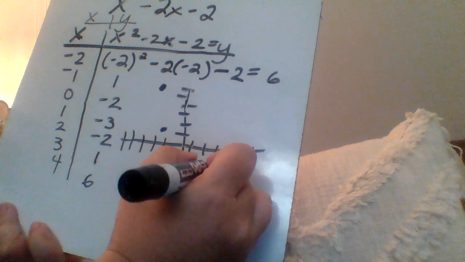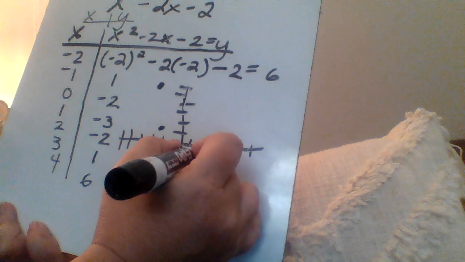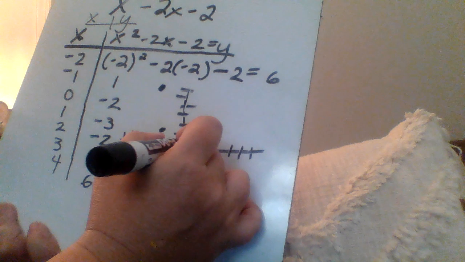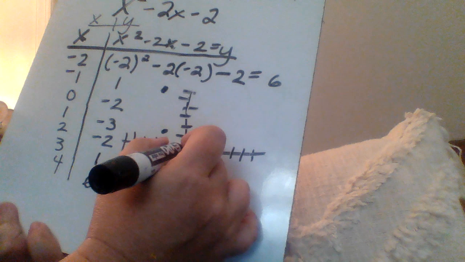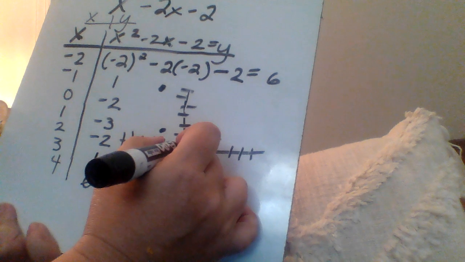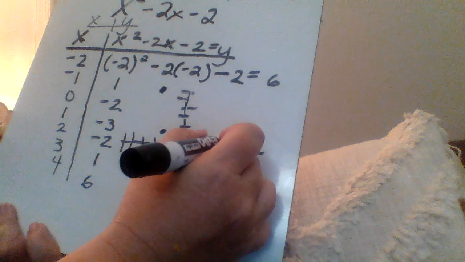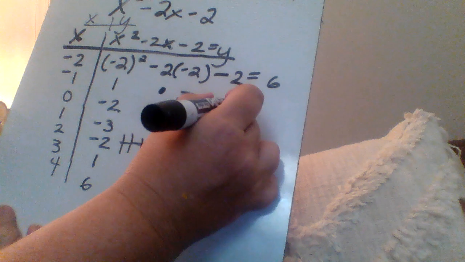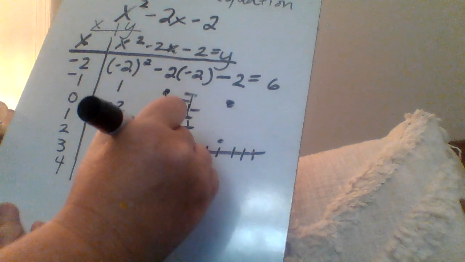And then we're going to have 3 and 1. So 1, 2, 3, up 1. And then finally, we're going to have our last point of 4 and 6. 1, 2, 3, 4, and up 6. 1, 2, 3, 4, 5, 6. Okay? So now, when we graph this, we're going to put a line